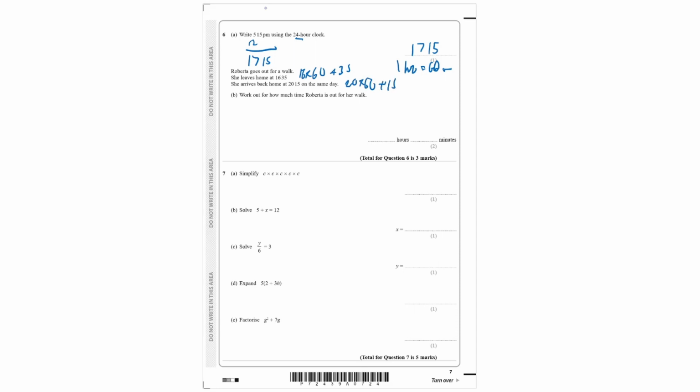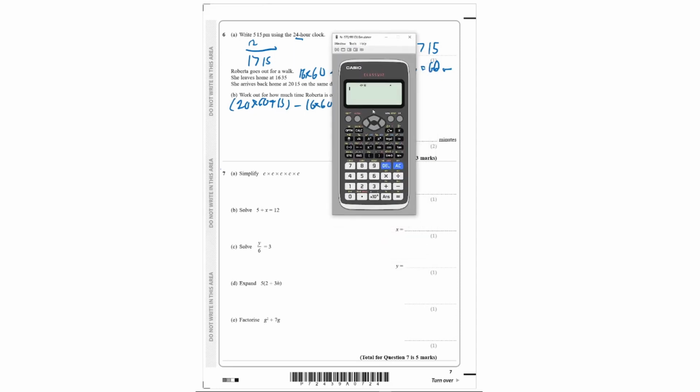And we can actually find the difference here. So we have 20 times 60 plus 15, subtract 16 times 60 plus 35. We can use our calculator here. We have 20 times 60 plus 15, close the bracket, and we subtract 16 times 60 plus 35. We have 220